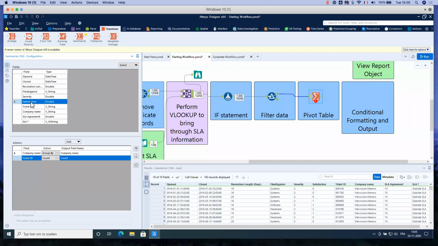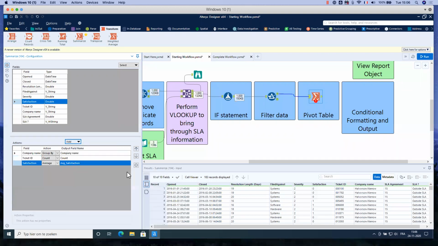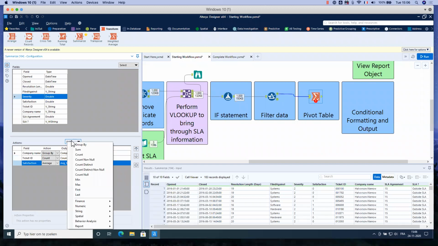I would like to have the satisfaction average, which is a numeric field, so I select satisfaction. When I click add, I have more options: the sum, of course, the min, the max, and under numeric, the average. So I select average, and I do the same for severity: I select severity, click add, and select numeric average.